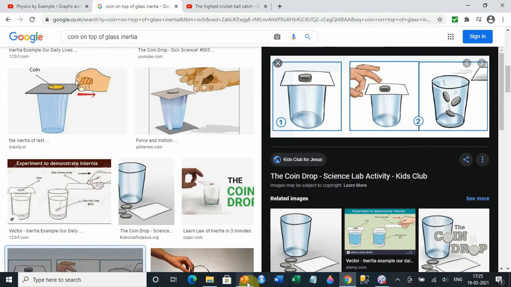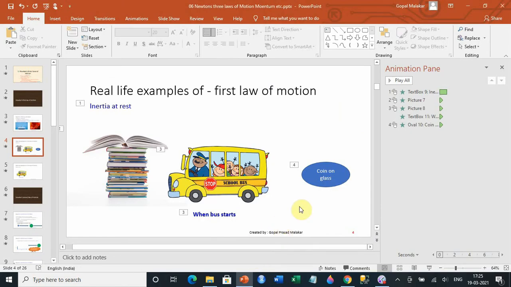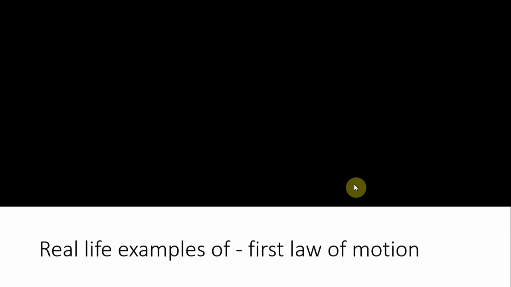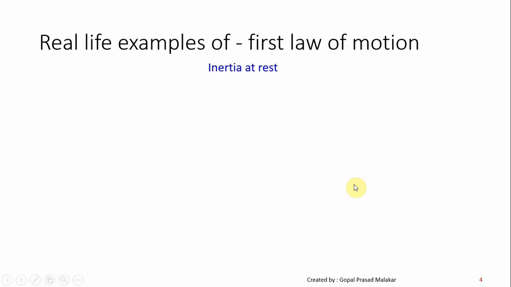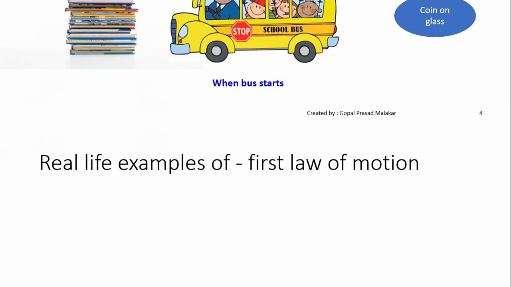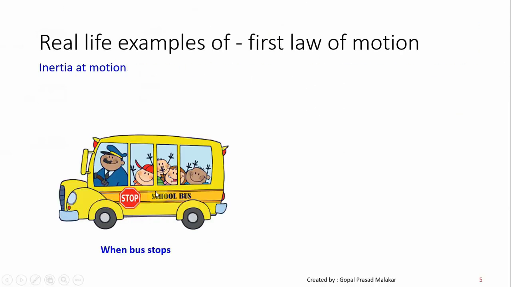But if you look at all 3 examples that I have talked about, they are examples of inertia at rest. Let me talk of an example of inertia when it is in motion. So essentially the same example, when the bus comes to a halt, you will find that the upper portion of your body actually comes forward. Why? Because the lower part, which is connected with the frame of the bus, stops the moment the bus stops, but the upper portion, which is moving, continues to move, and that's why the upper portion just comes forward.